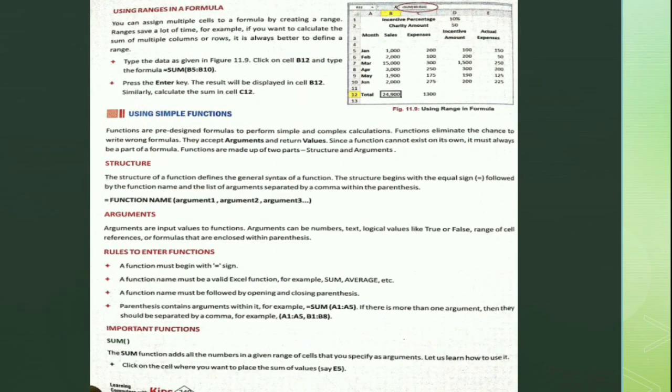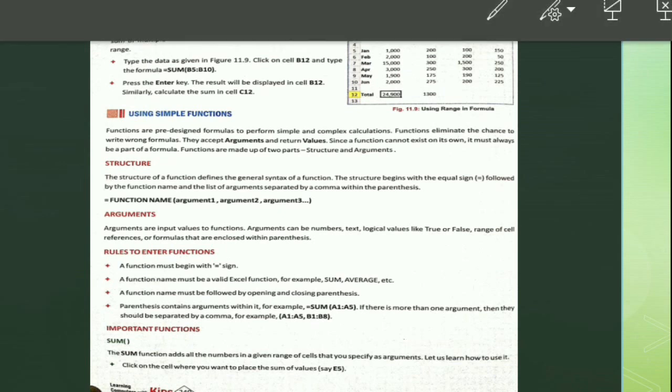Next we have is using the ranges in a formula. Earlier we have used one operator in a formula. After that we tried using more than one operator in a formula, and we have used single cell addresses. If we have a lot of data, typing the individual cell address can be a little tedious at some point of time. So that time what we do is we just select the ranges.